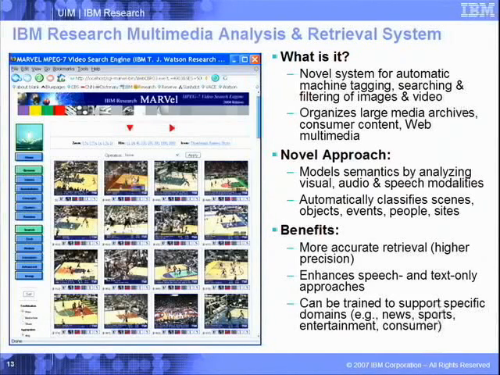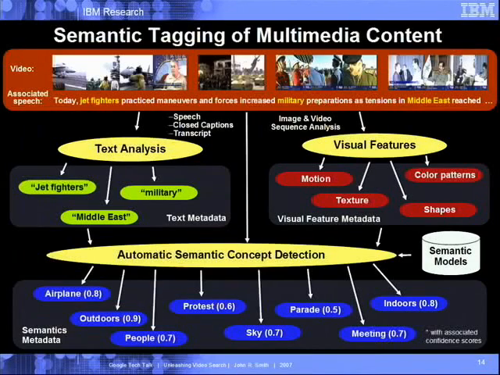So we've been doing work in this area at IBM Research. We have a system. It's been out on our IBM AlphaWorks site for download for more than a year now. And the idea there is we create this computer-based machine learning approach, by which the system is taught what different categories of content look like, and then it has the ability to go out, hunt that down, automatically tag and score those kinds of things. And so I'm going to go through some demos in a little bit,